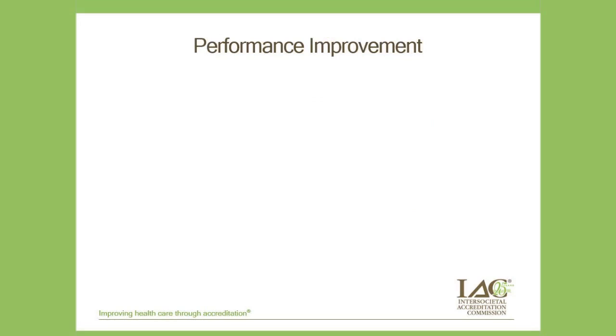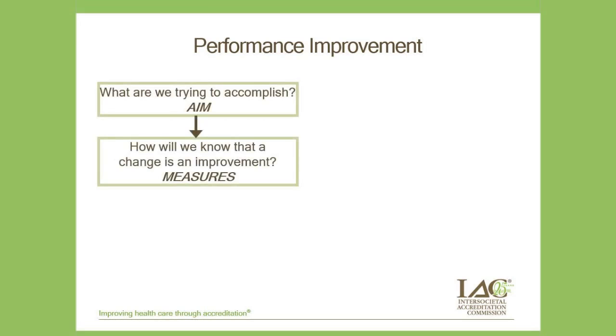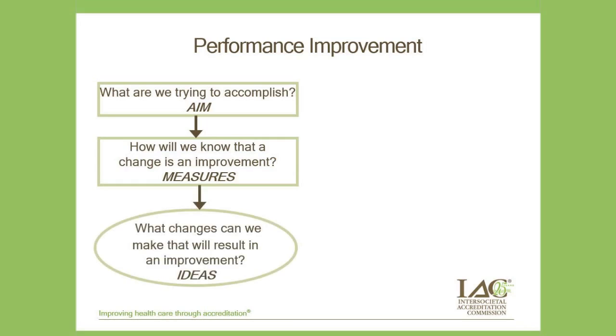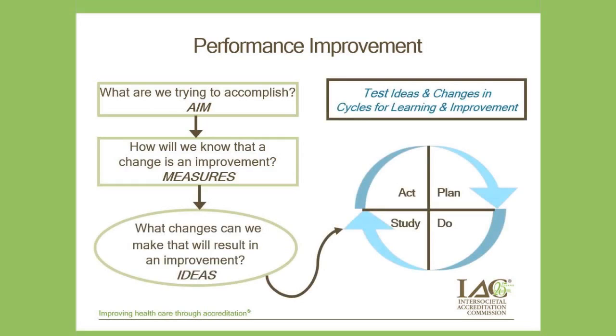In this next section, I will discuss methods of process improvement that you can use in your lab to improve the overall quality score of case studies and reports. I'll describe the use of PDSA, or Plan, Do, Study, Act cycles to test ideas and changes for learning and improvement within your lab. Specifically, you will want to try small changes to meet an aim, identify a measure to determine if you're meeting the aim, and if you're not meeting your aim, come up with ideas of changes that you test with PDSA cycles.